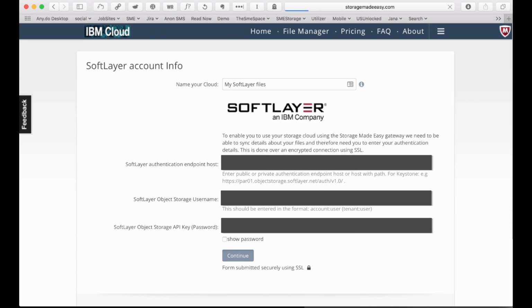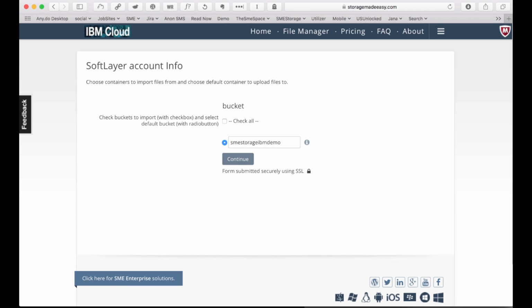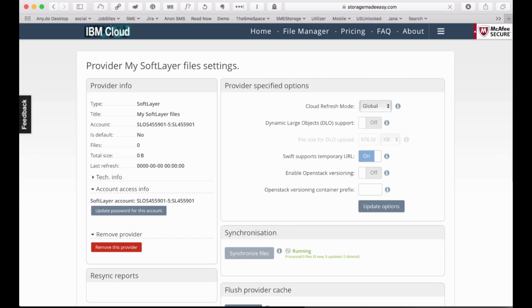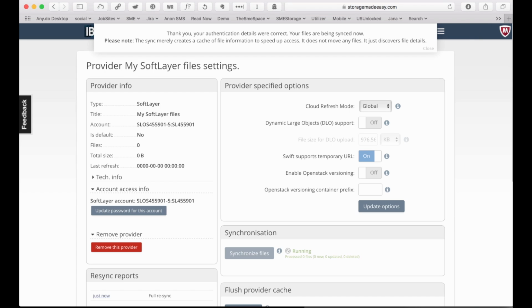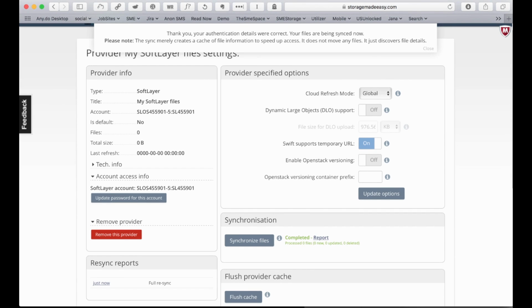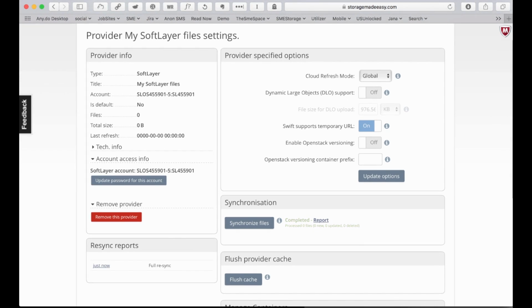Once that's done, I'll validate it. And I can choose to change the default container name that is created. I will just make it SME IBM Demo. And we continue. And then the next thing that will occur is that SME will go away and it will index any storage that is already on the Softlayer system. In our case, this is a brand new storage instance, so there's nothing there,